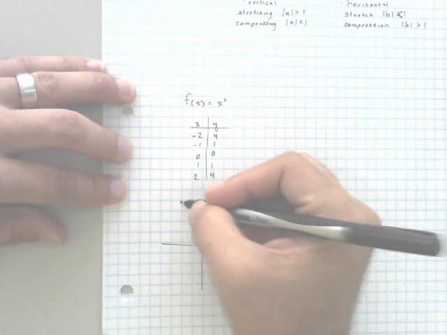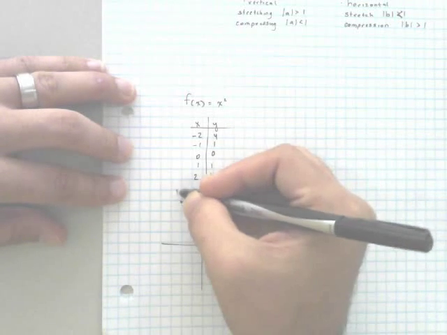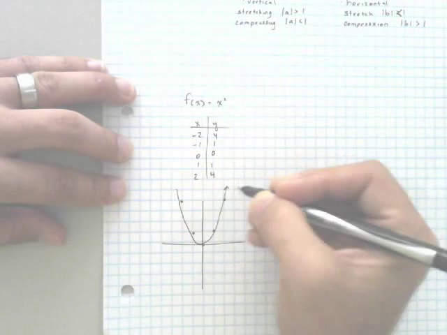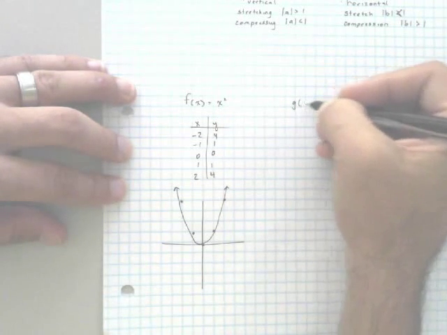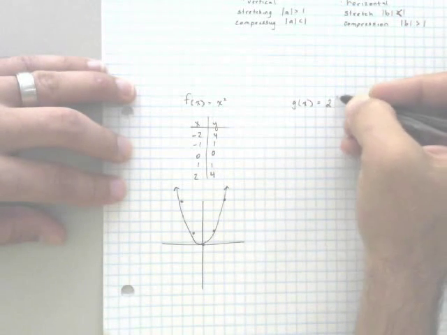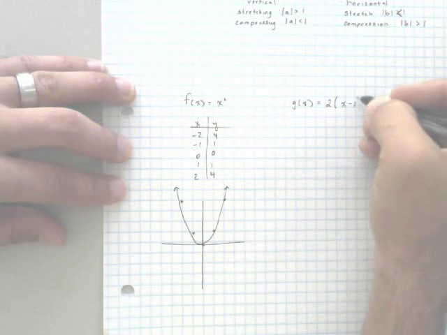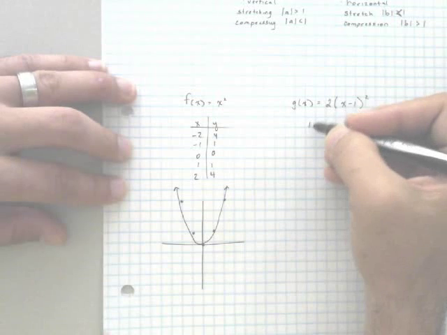So -2, 4, -1, 1, 0, 0. And we have a typical parabola. Okay, if I had some function that was, let's say, 2 times x minus 1 squared,